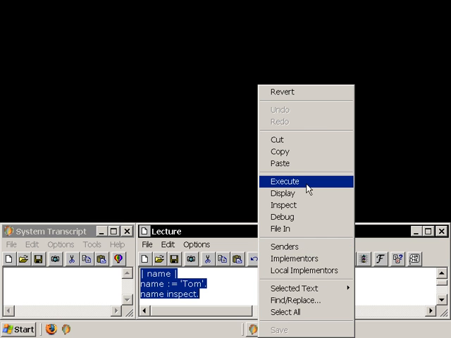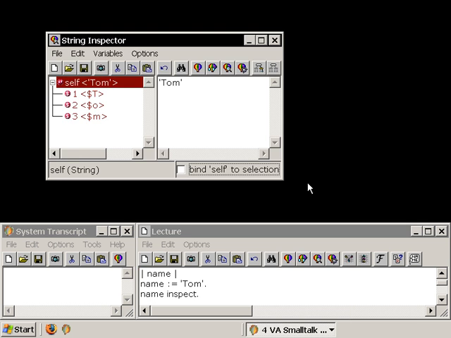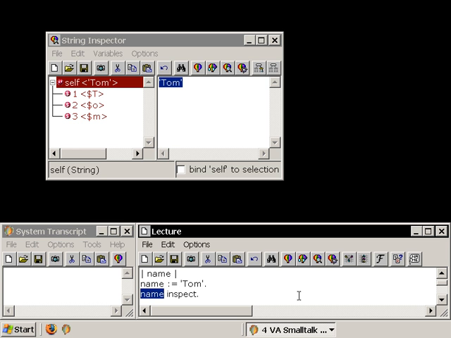And take a look. I will say execute. So that will execute the code. What do we have? We have string Tom, and it is a string object which is sitting where? In our variable name. So after we executed that line, variable name became string Tom. It's actually holding this string,